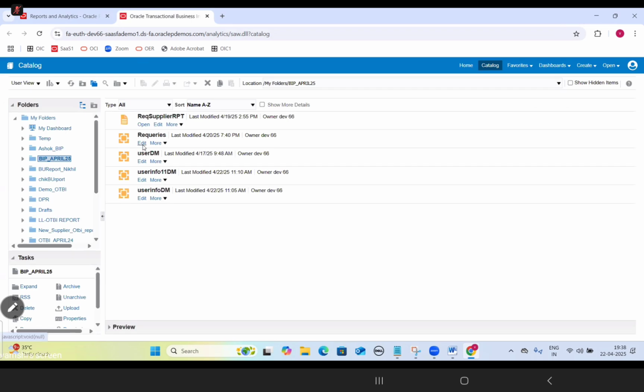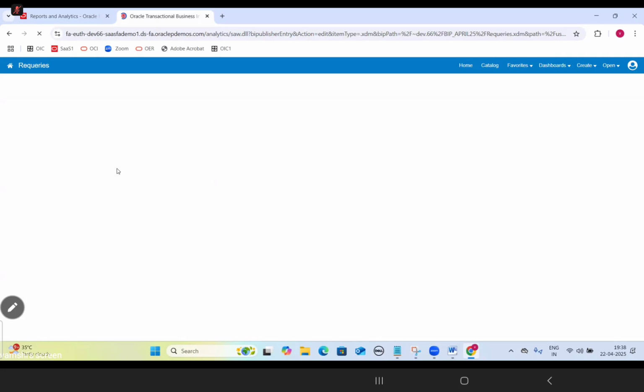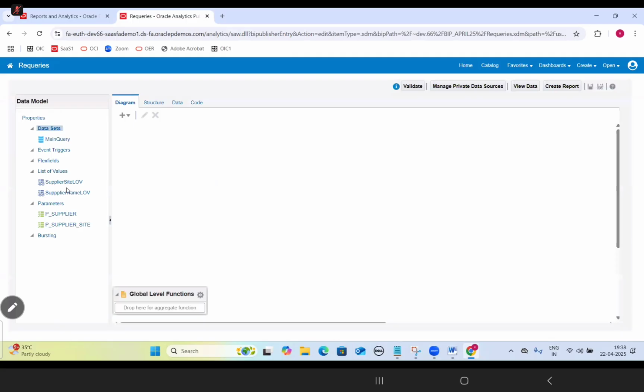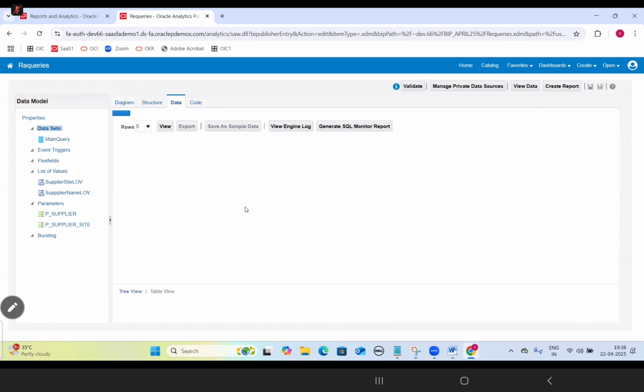So in the requisition supplier report, we have prepared the query and passed the two parameters, and we have completed the dependent list of values for the parameters. So now guys, the requirement is, for example, the client says that